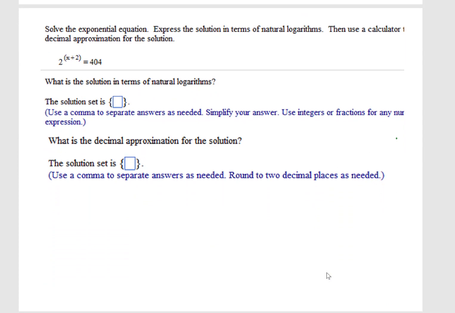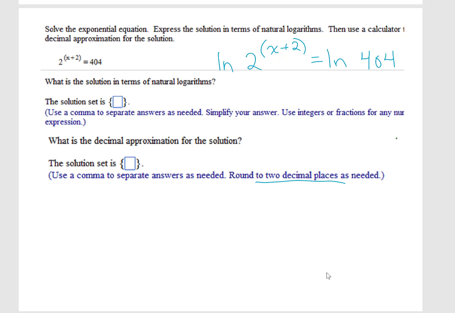Okay, they want us to solve the exponential equation, express the solution in terms of natural logarithms. So they're telling us to use the natural log. And then they say use a calculator to do a decimal approximation for the solution. So they want us to approximate to 2 decimal places. Okay, so we don't even have to worry about, oh, can I express either side with the same base? Because they just right off the bat told us to use natural log. So I'm just going to put natural log in front of